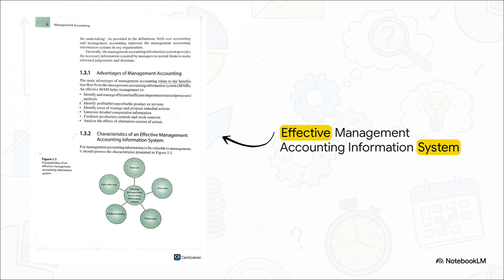But listen, just throwing raw data at a manager isn't enough. Information overload is a very real threat. To be effective, the system must be carefully curated. The data has to be relevant, cost-effective, and completely stripped of heavy jargon, so non-accountants can actually make sense of it. And most importantly, it requires a delicate balancing act between accuracy and timeliness. Think about it. A sales manager absolutely needs correct data, but if they have to wait weeks for perfectly balanced historical numbers, that market opportunity is already dead.